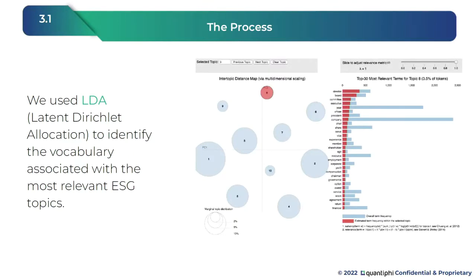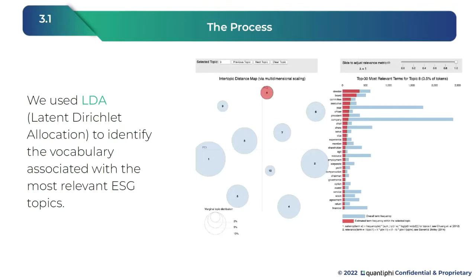Knowing these graphs and these relationships that we could establish over a period of time, we then had to identify what language these entities and relationships are communicating in. We needed to identify the vocabulary associated with the most relevant ESG topics. So we used a technique called latent Dirichlet allocation, which really tries to understand a group of